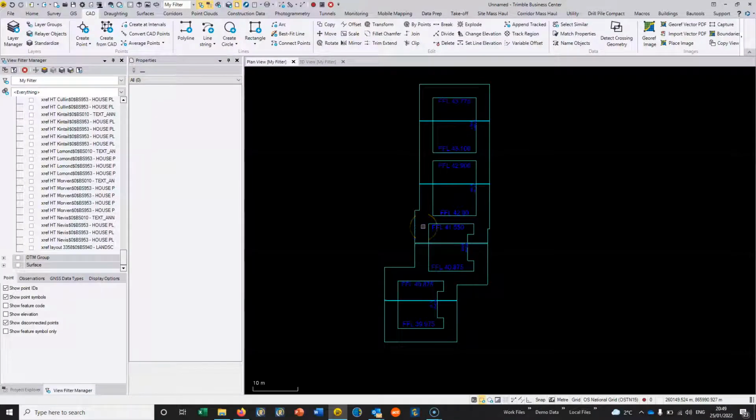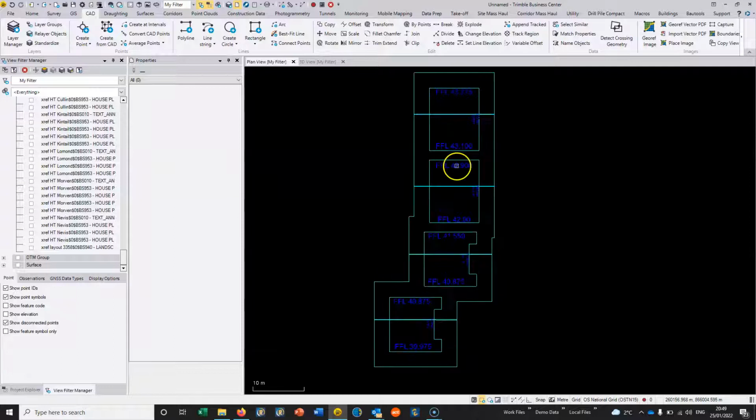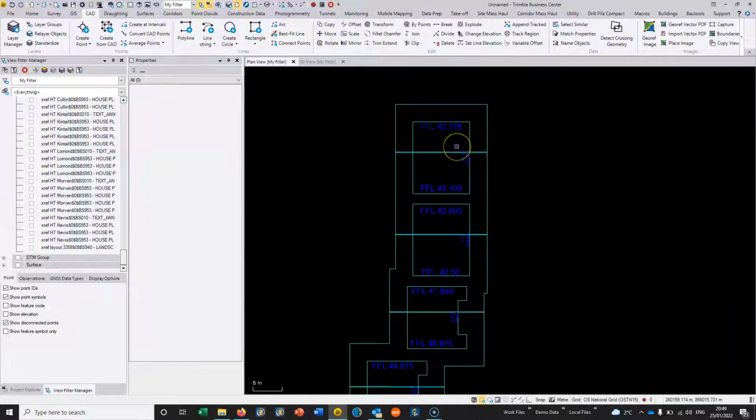So what we've got here is the 4 different building footprints, and we've got the finished floor levels marked up in them. And what we've been asked to demonstrate is how we create the platforms by doing a 3-meter offset. So I'm not going to take you through the basics of this, but obviously I've offset the face of brickwork